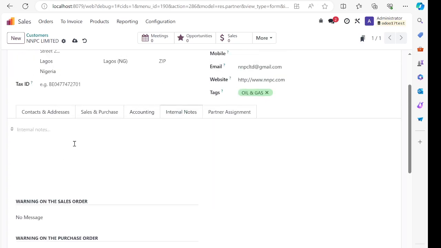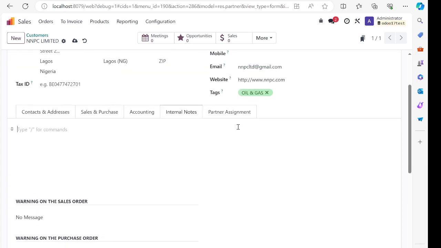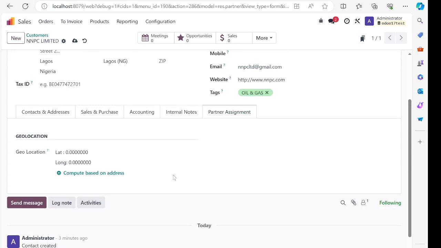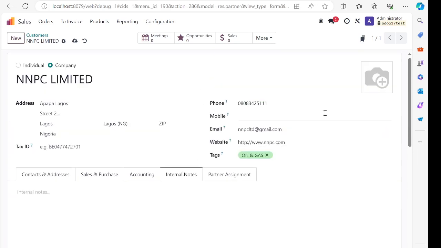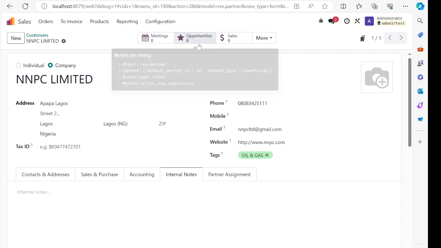You can add a note showing other members of your team what this customer is about, and then you can assign them to different geolocations. All right, so that's how to add a new customer to Odoo version 17. Now what I want you to know is that this is the customer's profile, and then how many meetings have you scheduled with this customer, how many opportunities, how many sales has this person purchased or bought from you, then